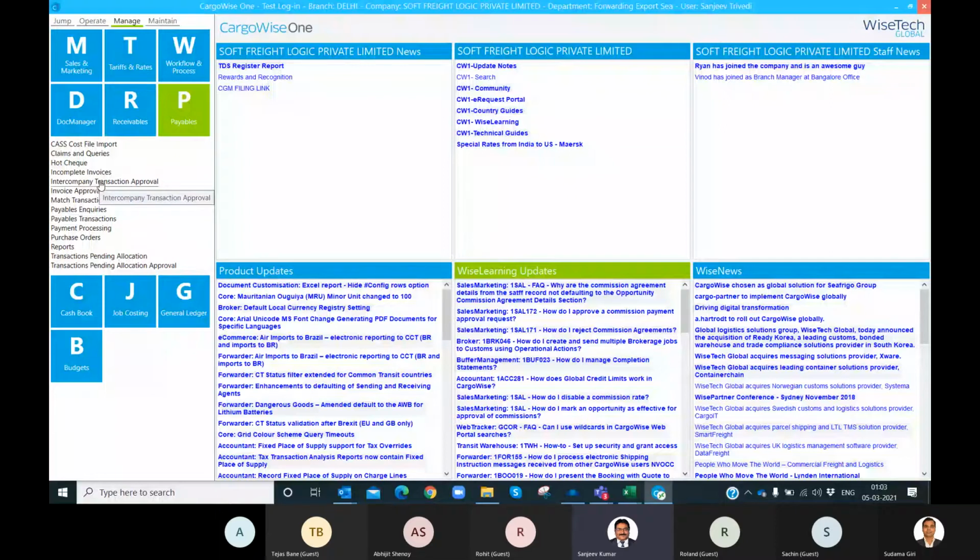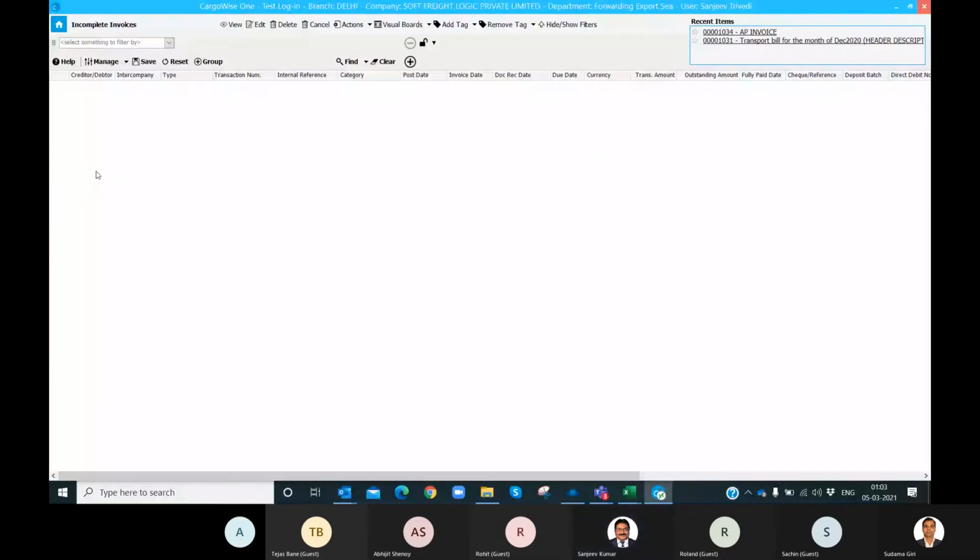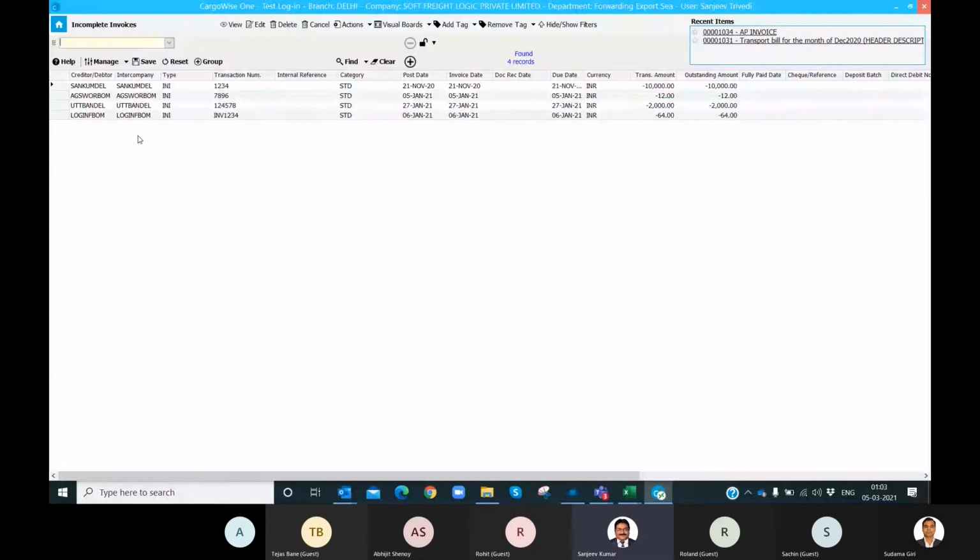So you can save it as an incomplete invoice, and once the clarification is made, you will post that invoice through incomplete. Like right now, if I go to incomplete, you can see here there are four incomplete invoices.